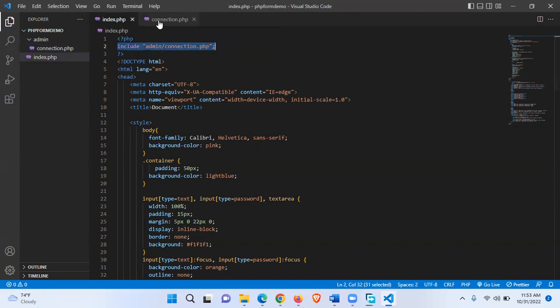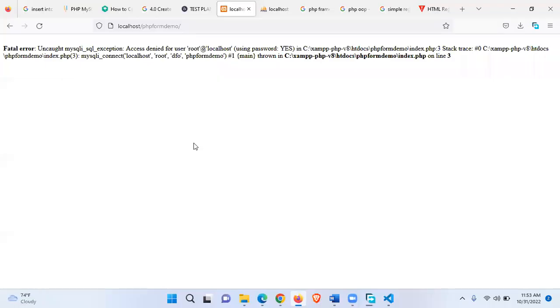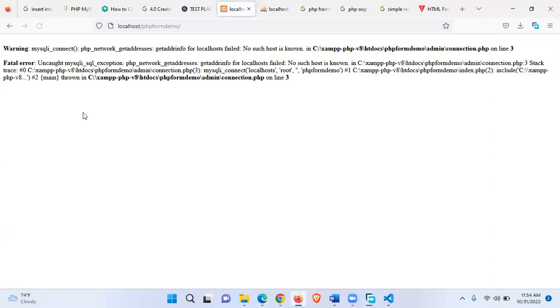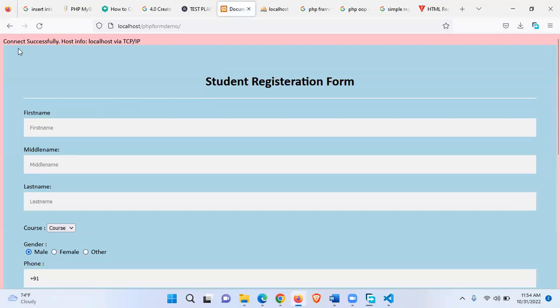Let's see whether it will work. So that I can know whether it works, I'll make a mistake here. I'll call it localhosts because I know that is wrong. Then I'll go back to my code and reload. So it is saying localhosts, no such host is known. So it means that actually it can detect that file. I'll remove that S and save the changes, then go back. If I reload, it's now working and it's saying connection is